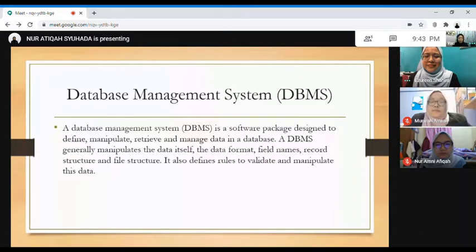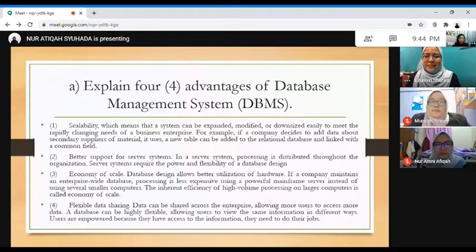So basically what I found on the advantages of database management system, first is the scalability, which means that a system can expand, divide or downsize easily to meet the rapidly changing needs of a business enterprise. For example, if a company decides to add data about secondary supplier of material, it uses a new data table that can be added to the relation database and linked with a common field. Secondly,